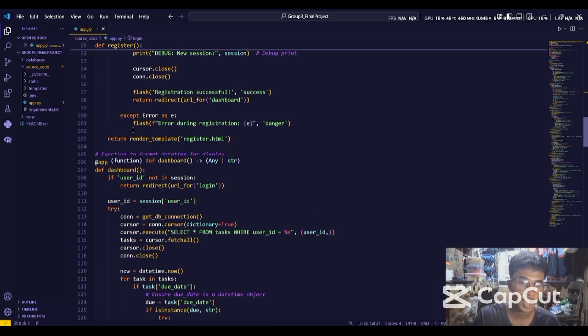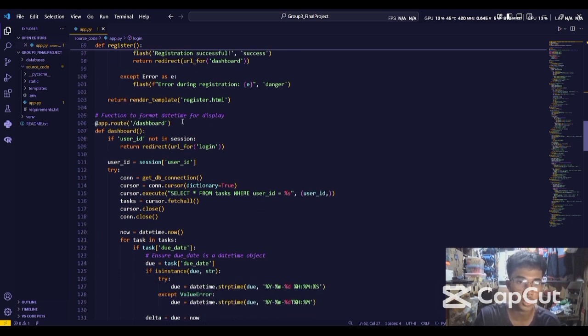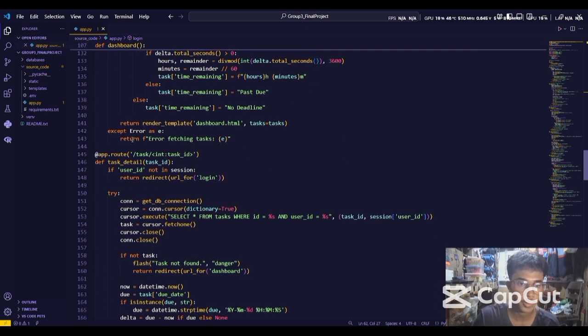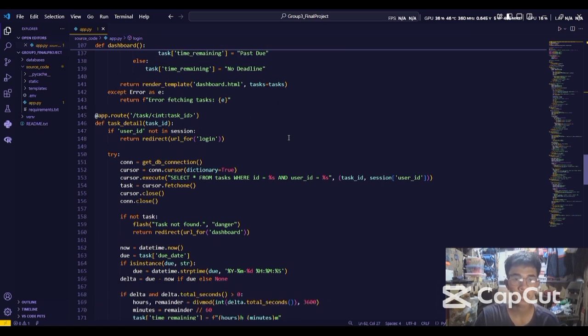For the dashboard, after logging in or registering, it will go now to the dashboard. This is the main dashboard, the tables, the tasks, they are here. And for this task, if we click a task, it will go to another interaction that focuses on that task and doesn't have anything else in the background. So you'll see it later.